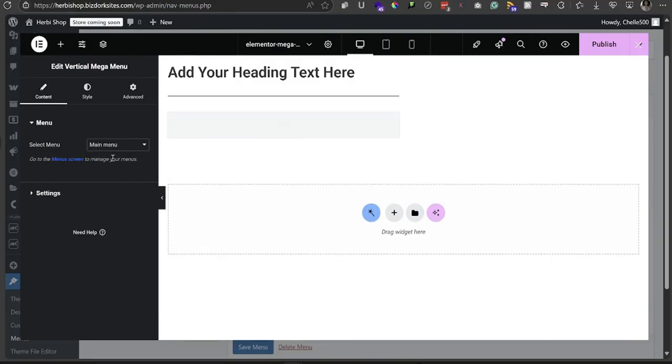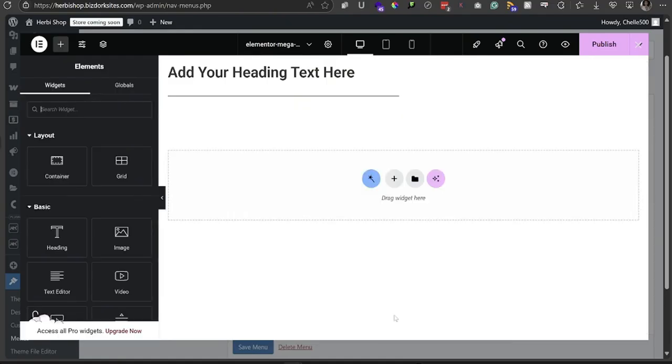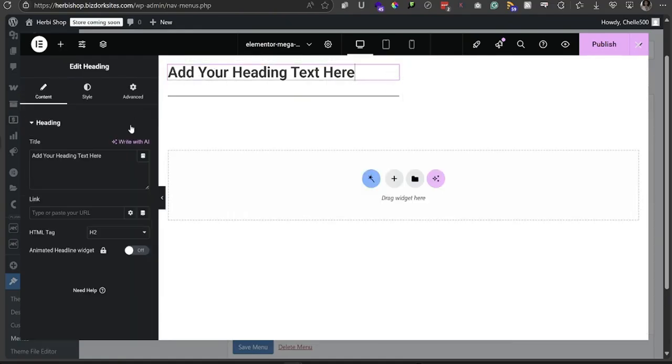But as you see, we obviously don't want to choose the main menu again, because this mega menu is going to pop up when people choose the shop or hover over shop. We don't want the same main menu items to pop up right here. So we're going to have to make another menu. We're going to come back to that in just a second. Let's go ahead and type in browse by category,